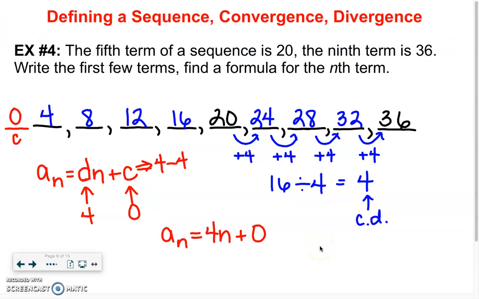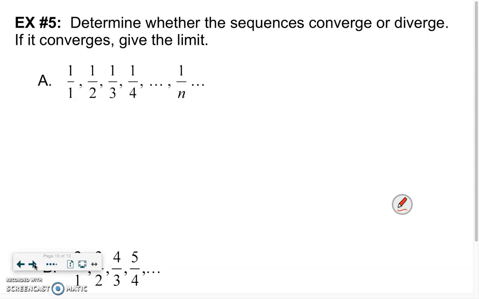My recorder cut me off. All I was going to say here at the end was that I'd rather not write it as 4n plus 0. I would rather just call it 4n. Moving on. Okay, the last thing that we're going to do here